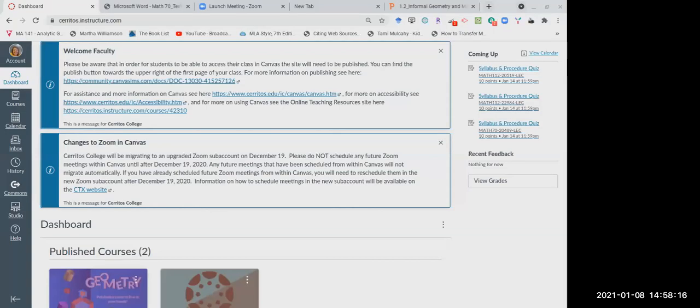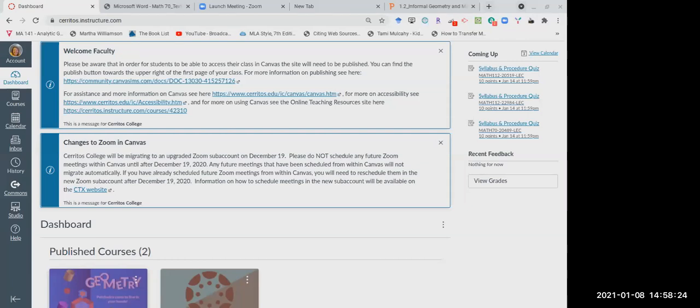When you first go into your Canvas page, you'll see a screen that looks something similar to this. You'll have courses down here that are different than mine. Click on the one that looks like geometry right here.